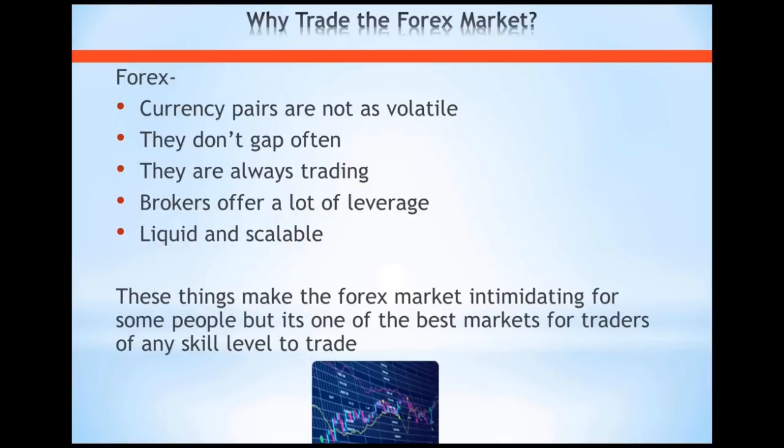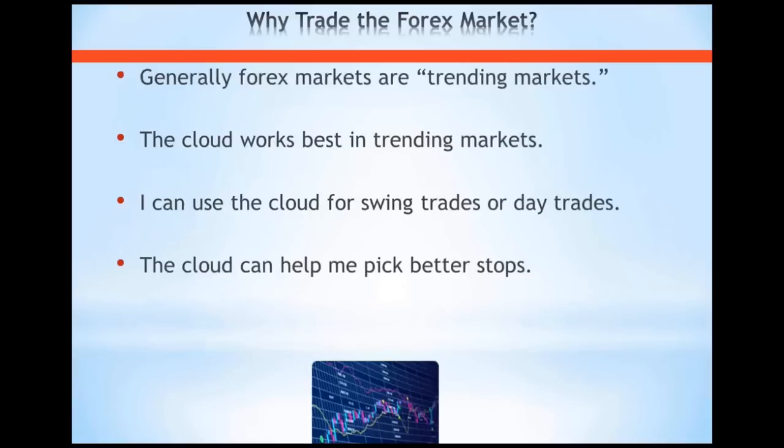Leverage and the fact that it trades all night sometimes scares traders because it makes them think that they're exposed to more risk. But if I'm responsible about my stops and I'm using a concrete trading plan, that leverage is going to be my friend. And the fact that it trades all night is also something that I like about it. Okay? So generally,